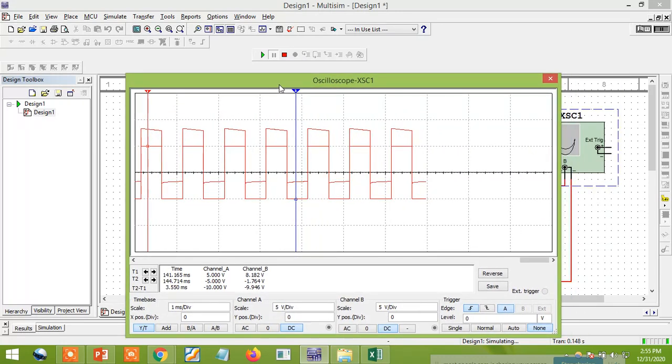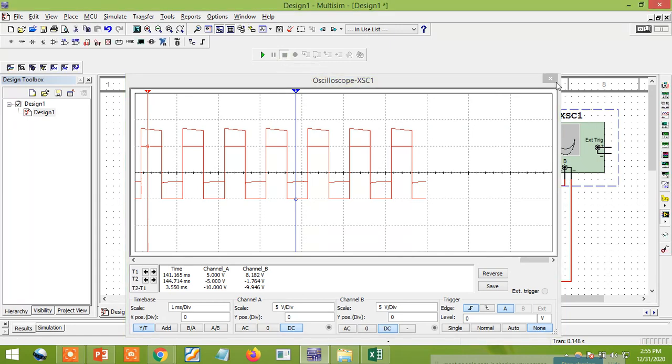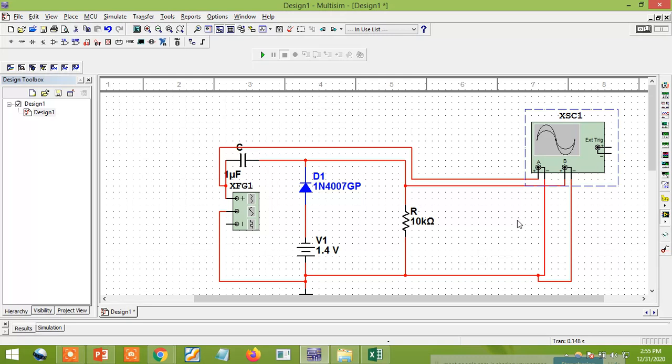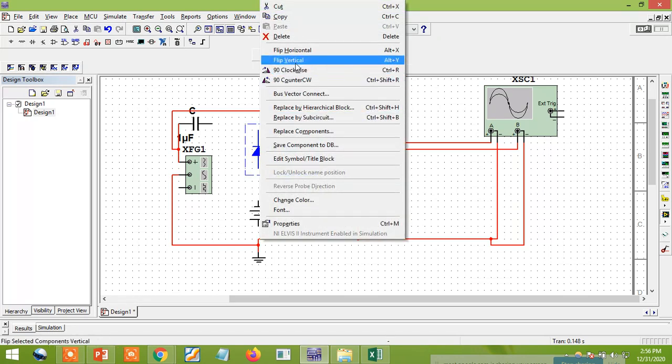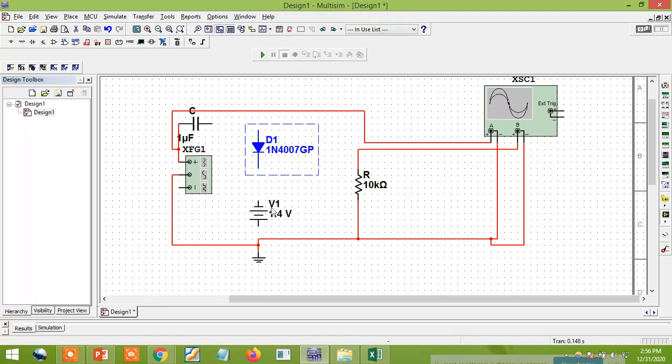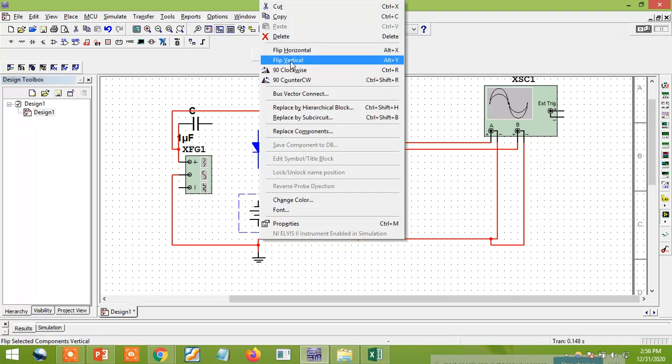If you want to get the negative clamper, just reverse that. That's all. So how to do this? I'll close this. Before reversing, carefully you need to remove the connections first. Just select this one waveform line and press the delete button, and remove this connection, this one also, and the connection in between also. Select and press the delete button. Next, click on this diode, right click, and flip vertically, and you will get the anode and cathode. Next, this one also, right click, and if you flip vertically, you get the plus and minus.